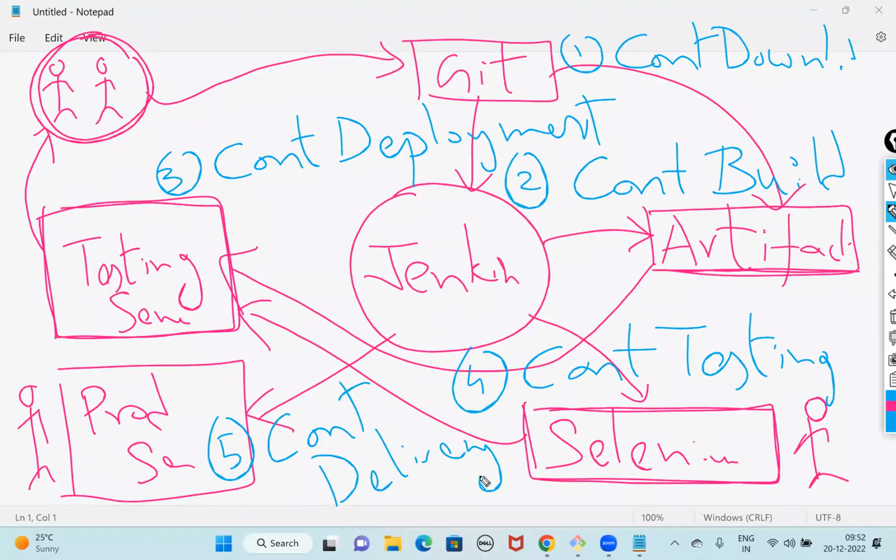Creating the code, how they are creating the code, is not our responsibility. That is the developer's work. The developer is creating some code. He is uploading that code into some code repository like Git. Once it is uploaded, as a DevOps engineer, your responsibility is to configure Jenkins in such a way that it